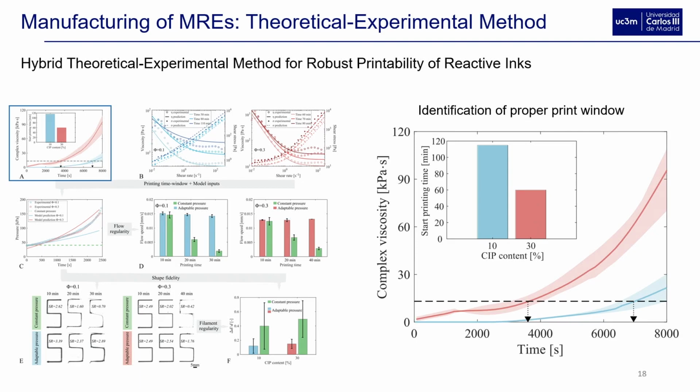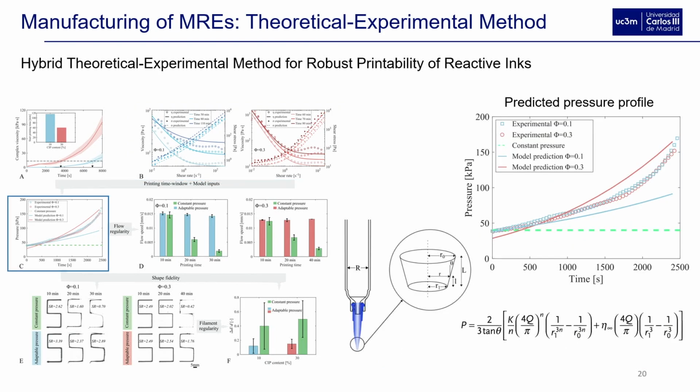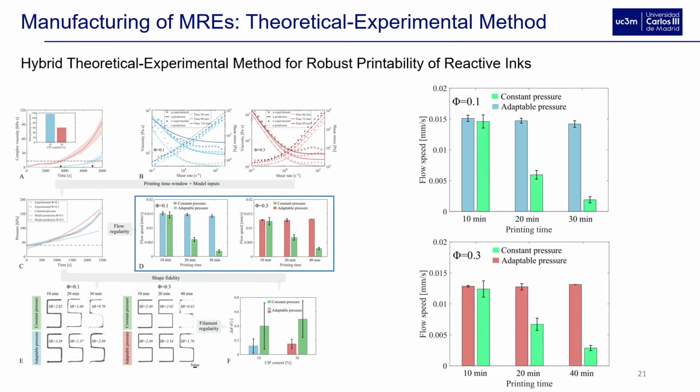With the rheometer, as in the other methodology, but the difference is that with just some rheological characterization, you can characterize the constitutive behavior of the fluid and extract the time-dependent material properties that will fit our computational model based on Cisco's model. So we are able to provide a pressure profile for your given material for every flow rate that you want. And of course, we validate this